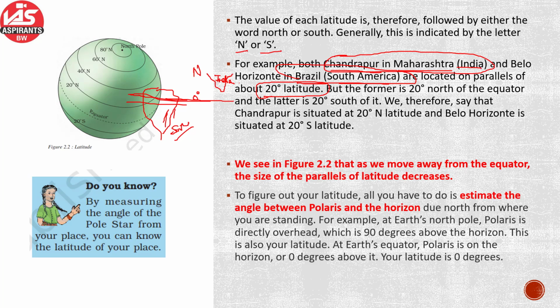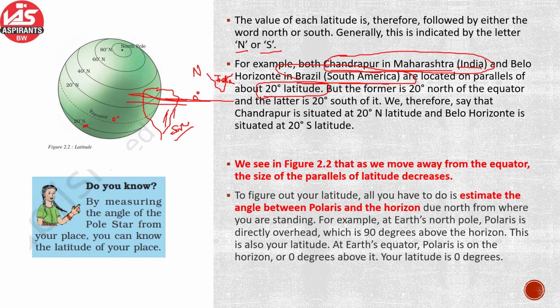So ये मैंने बताया like इक्वेटर 0 डिग्री से स्टार्ट होगा, ठीक है, नॉर्थ में जाएंगे तो again 20 डिग्री, 40 डिग्री, 60 डिग्री, 80 डिग्री, और similarly साउथ में भी हम सेम पैटर्न ही फॉलो करेंगे, the only difference would be that instead of writing N symbol for north we will be writing S symbol for south. तो यहाँ पे होगा 20 डिग्री साउथ, 40 डिग्री साउथ, 60 डिग्री साउथ और so on, right, similarly 90 डिग्री साउथ। तो यहाँ पे ये जो दोनों सिटीज़ हैं they both lie at the 20 degree latitude, but